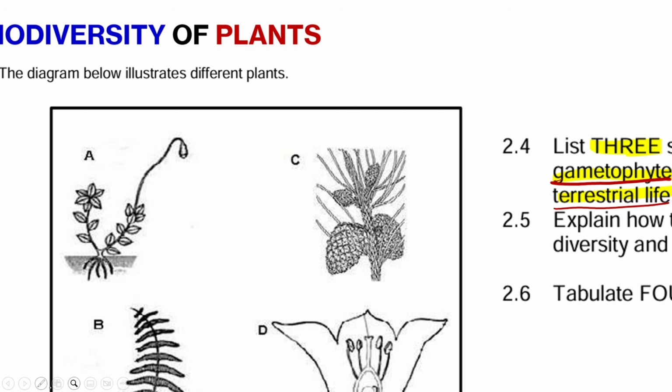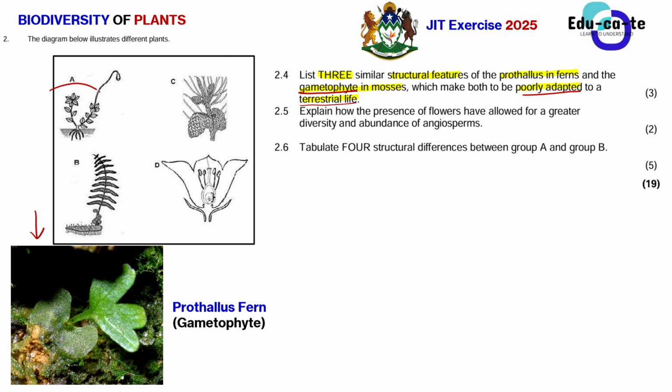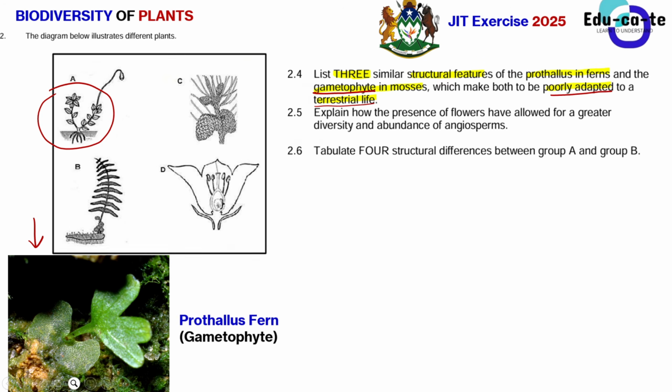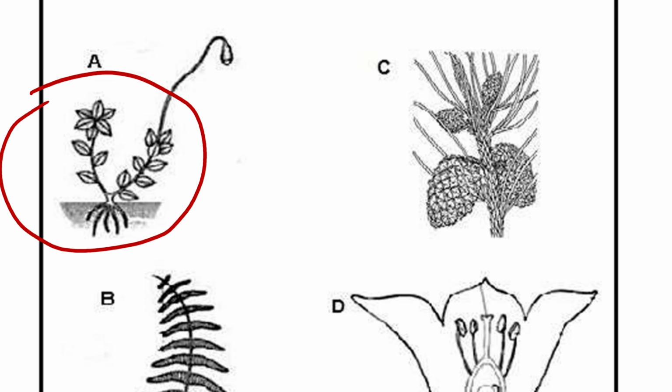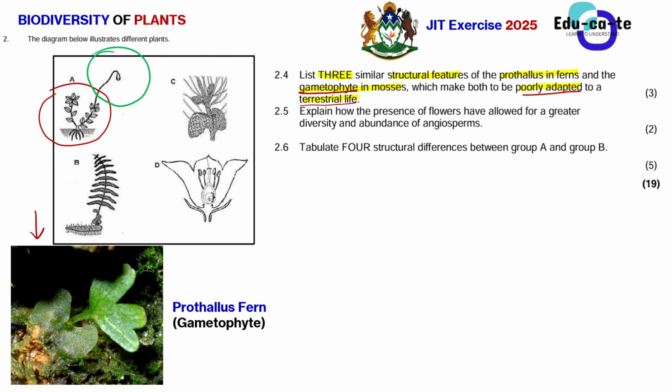Okay, let me just highlight for you the gametophyte part so that you see it. This lower part of a bryophyte is known as the gametophyte generation. So this upper part, I will highlight it in green. This upper part is known as the sporophyte. Let me just label it so that you get reminded. This is the gametophyte. When talking about the gametophyte, it is just the early stages of a plant. When it is still young, it still produces gametes. And then when we talk about the sporophyte, this is the top part of the plant whereby it is now able to produce some spores. It's known as the sporophyte generation.